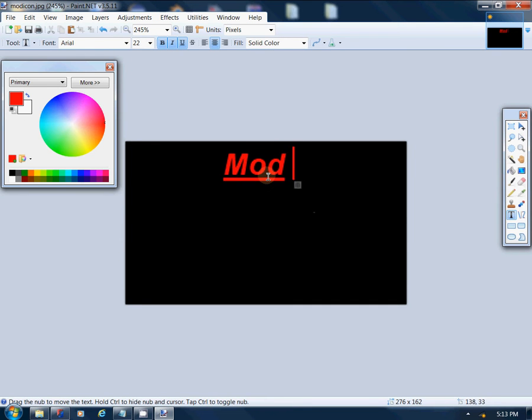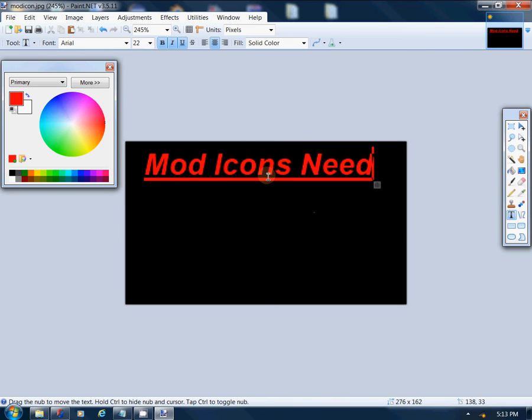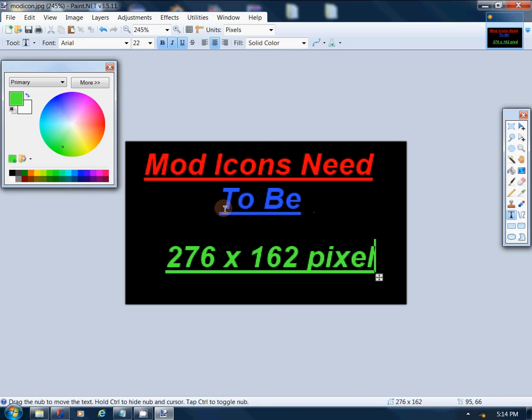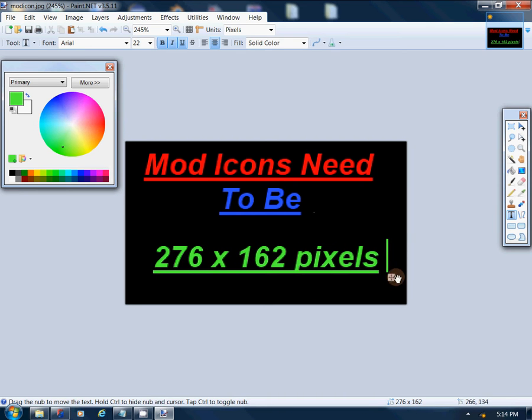So we'll make a quick little reminder here, and just so you guys can see, the same thing goes for the alpha channel here as well. Generally on a mod icon, you don't need to worry. 276 by 162 pixels. All right,